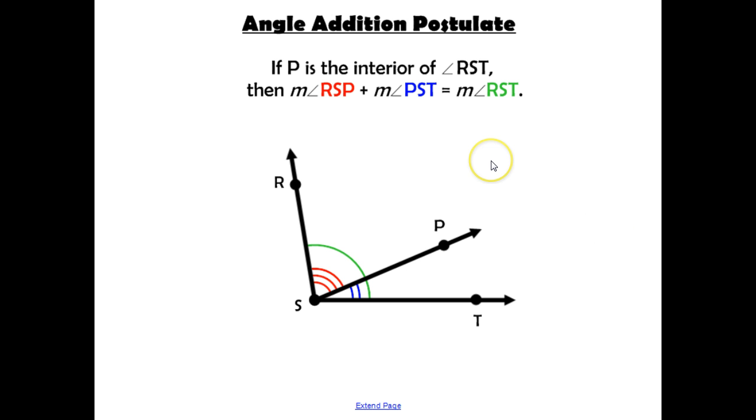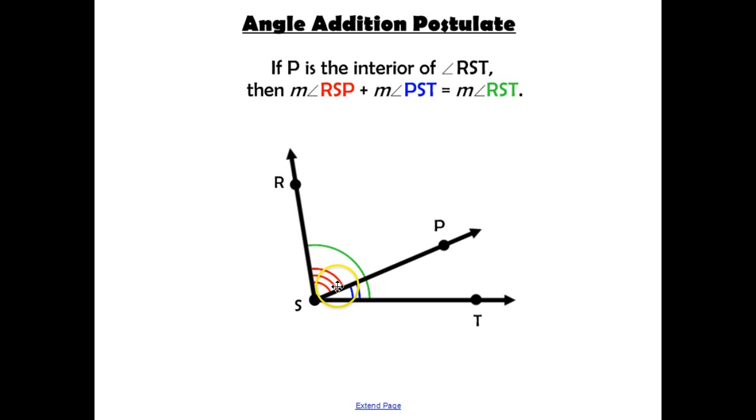Now let's talk about the angle addition postulate. This is very similar in idea to the segment addition postulate we discussed earlier. It says if point P is in the interior of angle RST, so here we have angle RST, and then point P is inside of it, then it says the measure of angle RSP,